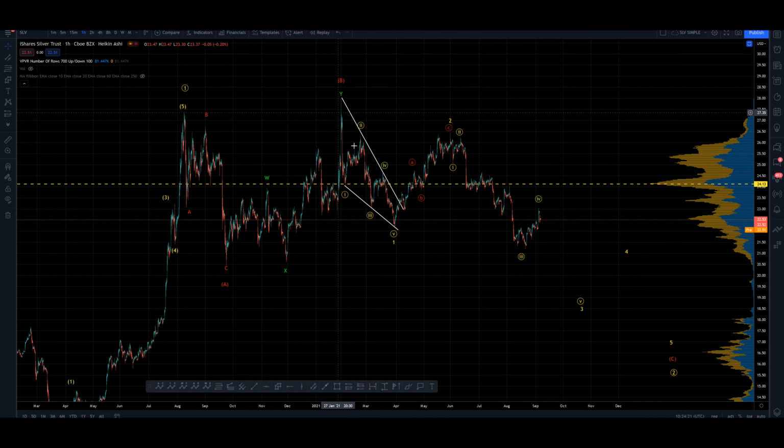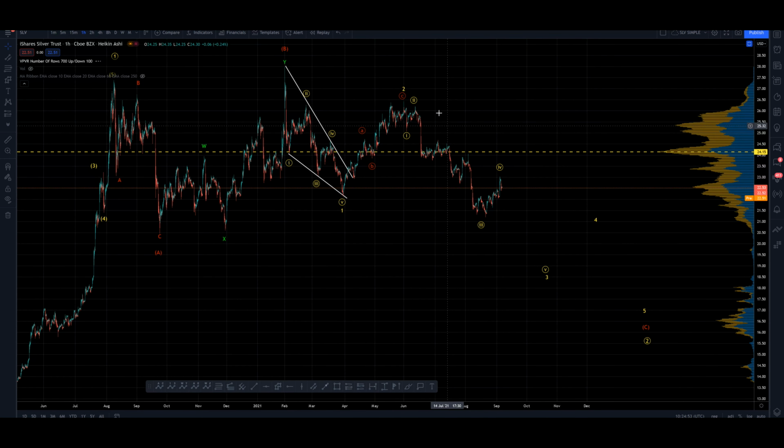We're using what was a leading diagonal of an A for our bullish count as a leading diagonal of a 1, ABC into a 2, counting this as a zigzag. You could see it as a combo or double combo, triple combo again, but you could also squeeze 1, 2, 3, 4, 5 waves, ABC, 1, 2, 3, 4, 5 waves into here. Gets a little messy. You'd have to look at this probably as a diagonal into the C here, and then we come down and then we start impulsing down. So I've got this as a 1, 2 so far, 3, 4 with a 5 to come.